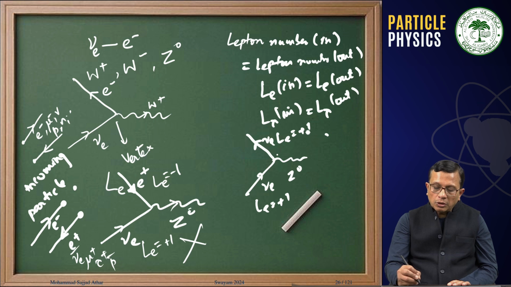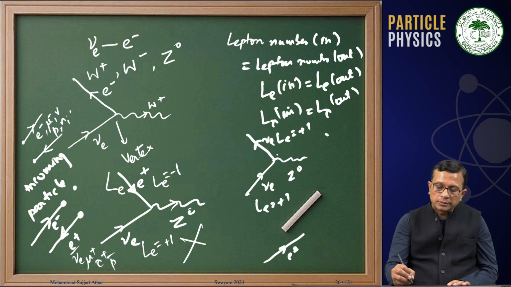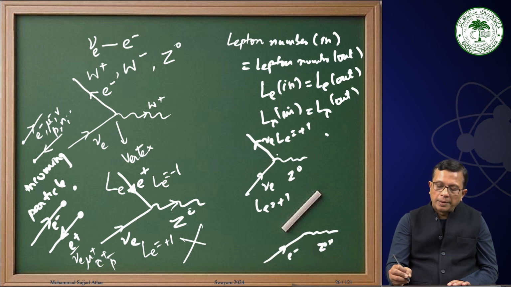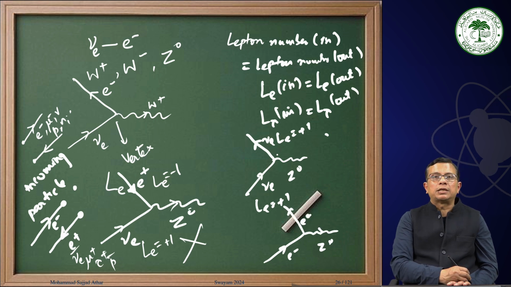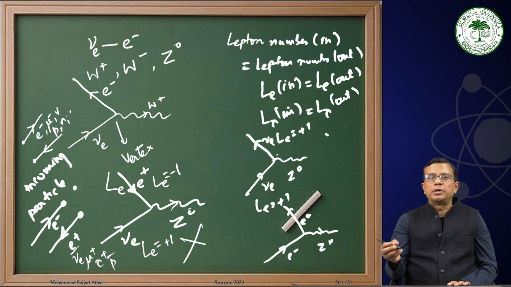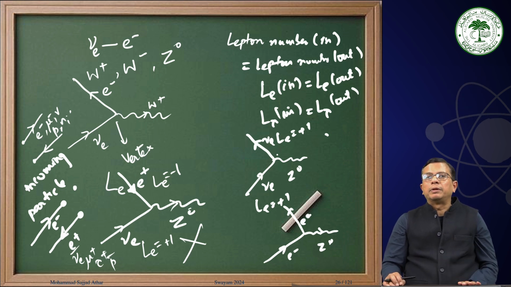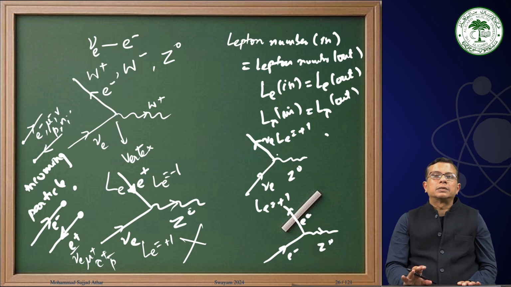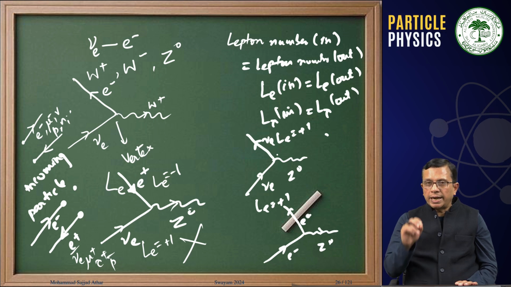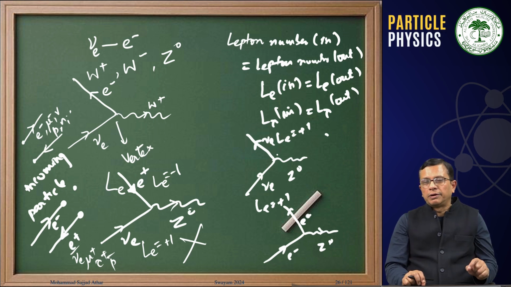While if you talk about an electron emitting a Z0, it will remain an electron. It cannot change to a muon. It cannot change to a tauon, because then lepton number will be violated, though you are conserving charge. Therefore, this is an important point, that at each vertex we have to conserve lepton number, we have to conserve charge,